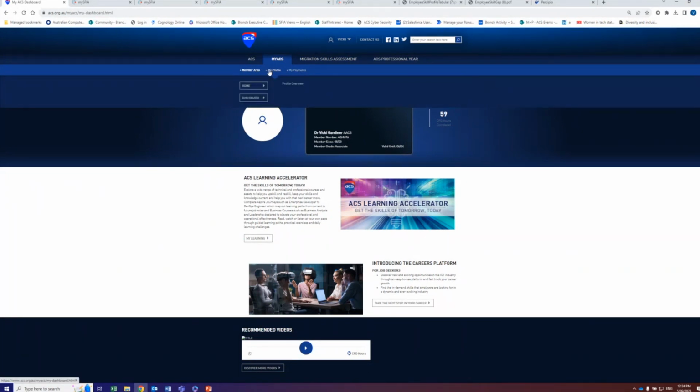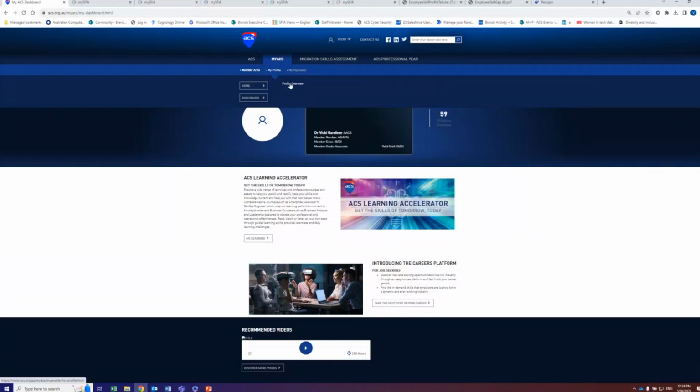If you go to the My Profile area, here you can go to the profile overview. This is where I strongly recommend that you go to update any of your addresses, your contact details, any areas of interest or skills or specializations that you have. And there's also an opportunity there to put in any dietary requirements so that they get captured if you're going to be attending an in-person event which has catering.